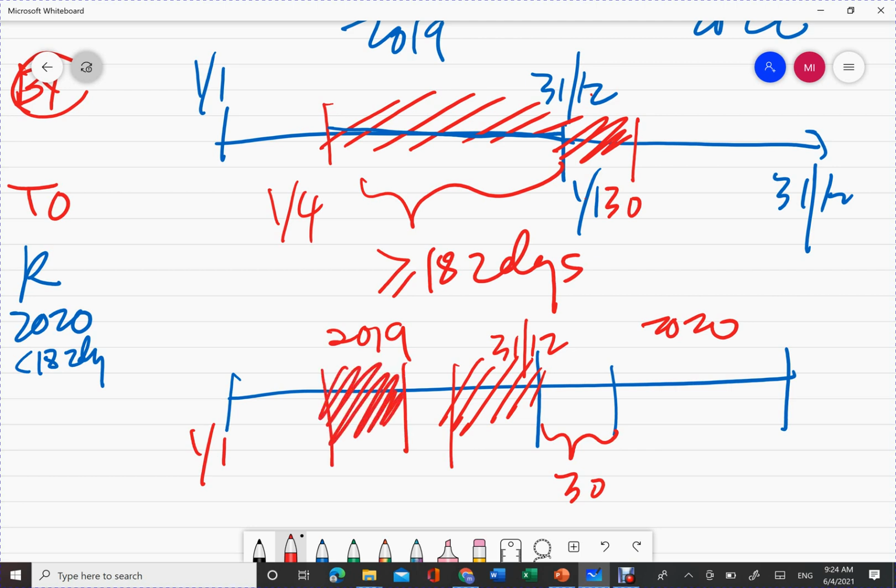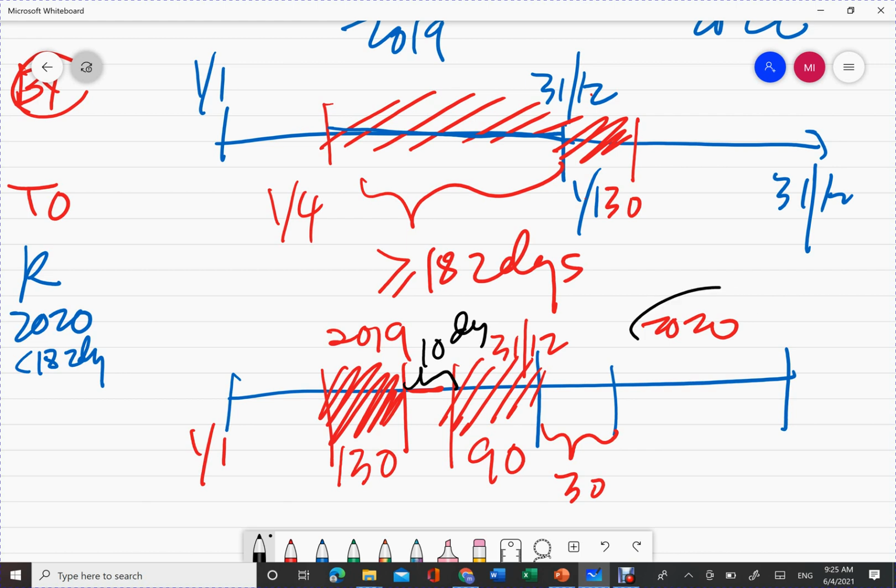Okay, katakanlah yang ni is actually 130 days. Yang ni dia ada 90 days. Yang ni he was not in Malaysia. The number of days that he was absent is actually 10 days. 10 days. Jadi ini kalau awak tengok